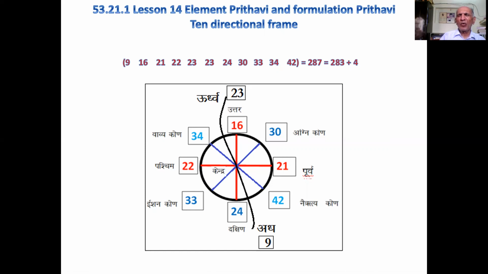And this flow 16 to 24 is of multiplier 1.5. As such, the unit flow here north to south is 1.5, while the unit flow from east to west, Purv to Paschim, is 1. Then there are quadruple